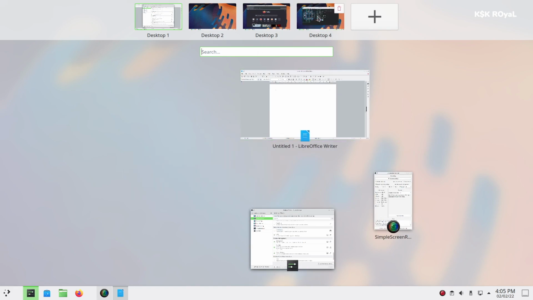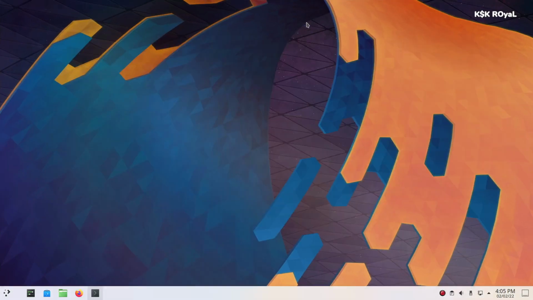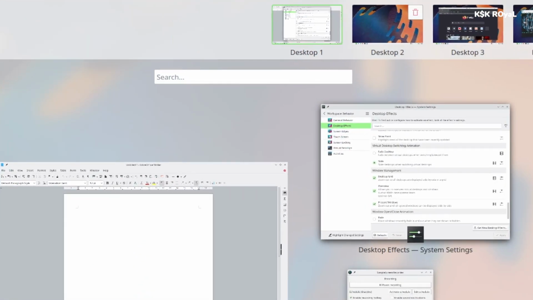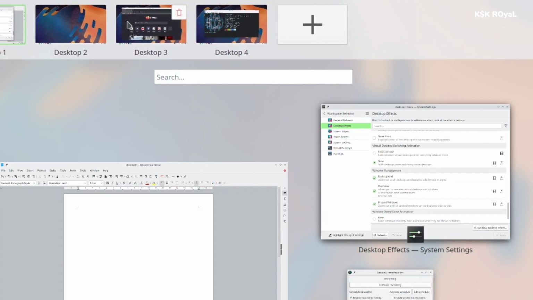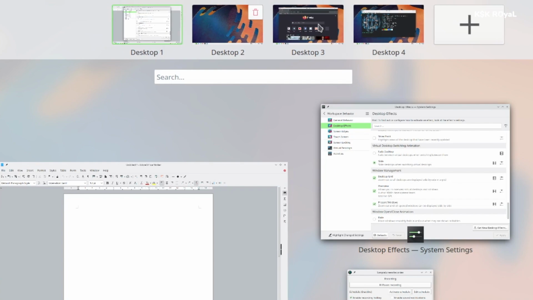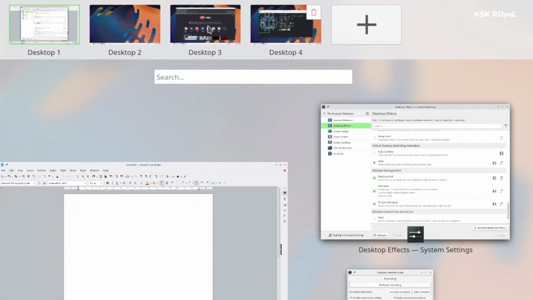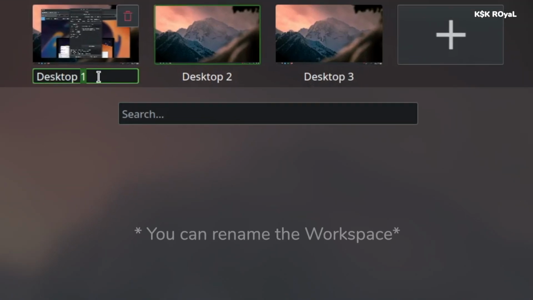Unfortunately, you cannot rearrange these virtual desktops, or make any kind of modification. Let's say I want the last virtual desktop to be placed first. I cannot do it. I encourage the Plasma developers to add these features down the road in the future, which indeed takes the workspace overview experience to the next level.